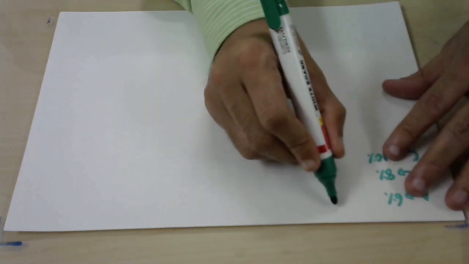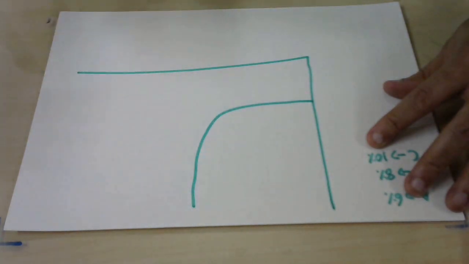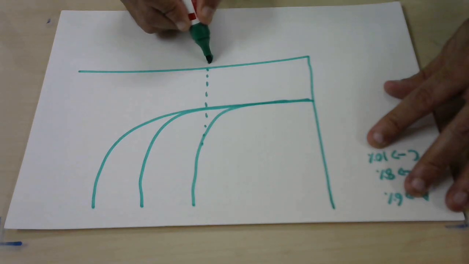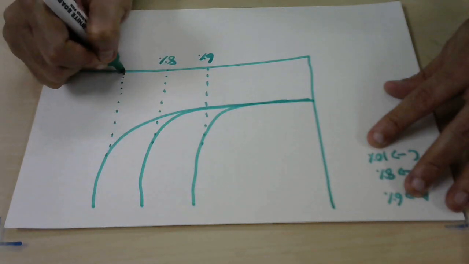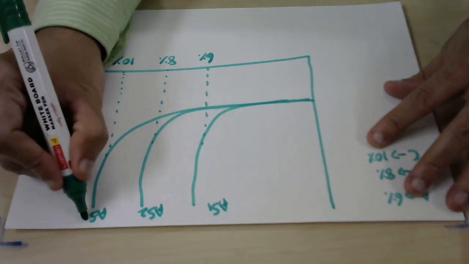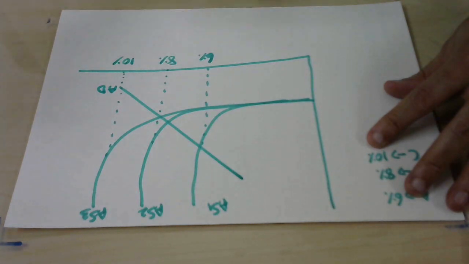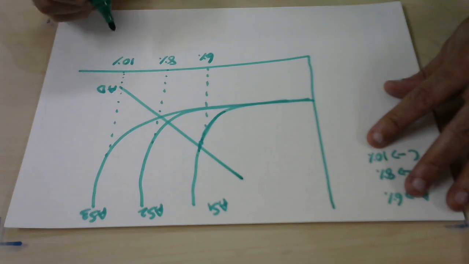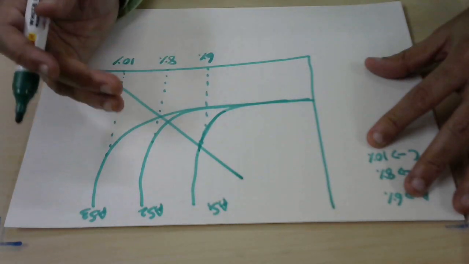Now, if these were the different perceptions, I can say that this corresponds to a situation of, say, a natural rate of growth of 6%, this corresponds to a natural rate of growth of 8%, and this corresponds to a natural rate of growth of 10%. So this is AS1, AS2 and AS3. Now, if initially the economy's aggregate demand curve was like this, the person who is thinking 6% is the rate of growth, to him, when the aggregate demand curve is at AD1, the economy is already operating at its trend rate of growth, and any further increase in aggregate demand will only lead to higher